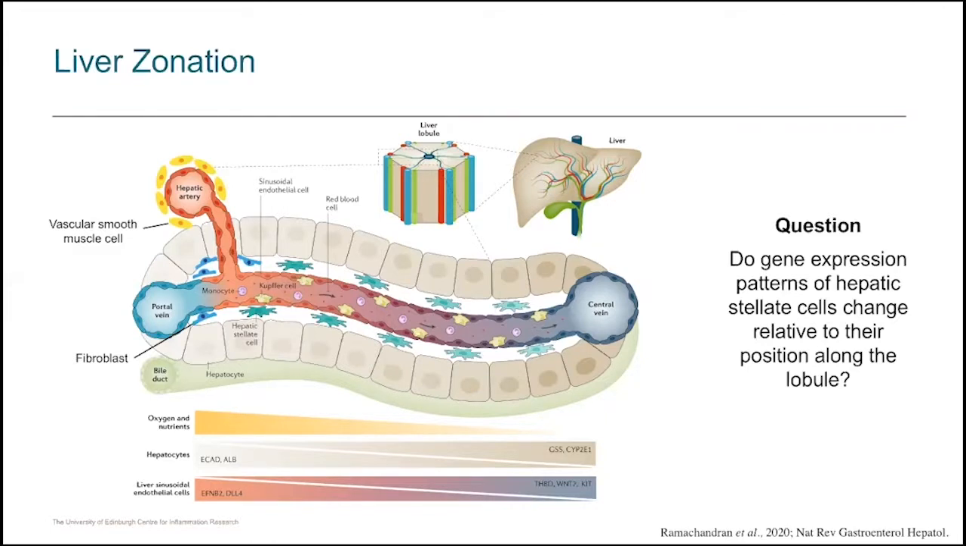However, little is known about the zonation of mesenchyme. Hepatic stellate cells, or stellates, as I'll now refer to them, are a type of mesenchymal cell. In the healthy liver, stellates, the green cells in this figure, reside in the space between the hepatocytes and the sinusoids, running along this portal central axis. We were keen to investigate whether, like hepatocytes and endothelia, stellate gene expression patterns change relative to their position